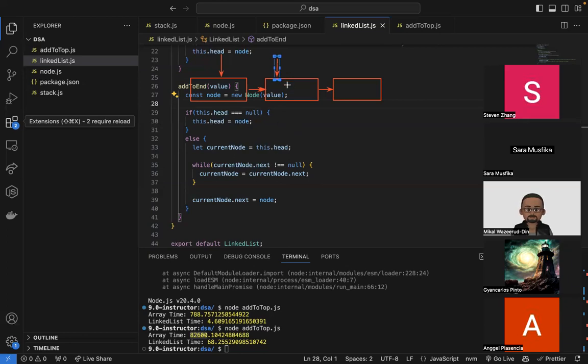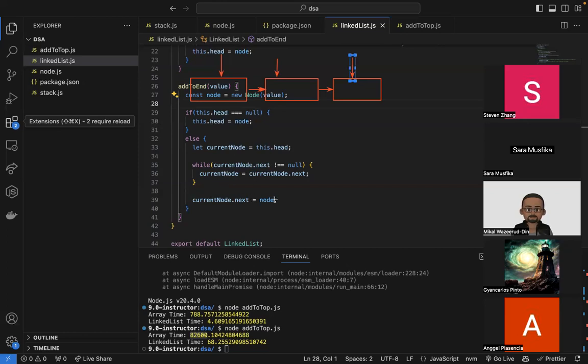And then because we're now at this node, we check the condition in the while loop again. Is current node.next equal to null? In this case, no, because we have something that comes after this. So we're going to run this line again. Current node is equal to current node.next, which takes us down over here, right? Yes. So now once we're here, is there a next value on this? No. Exactly. So because there's no next value on this, we exit out of our while loop and we say